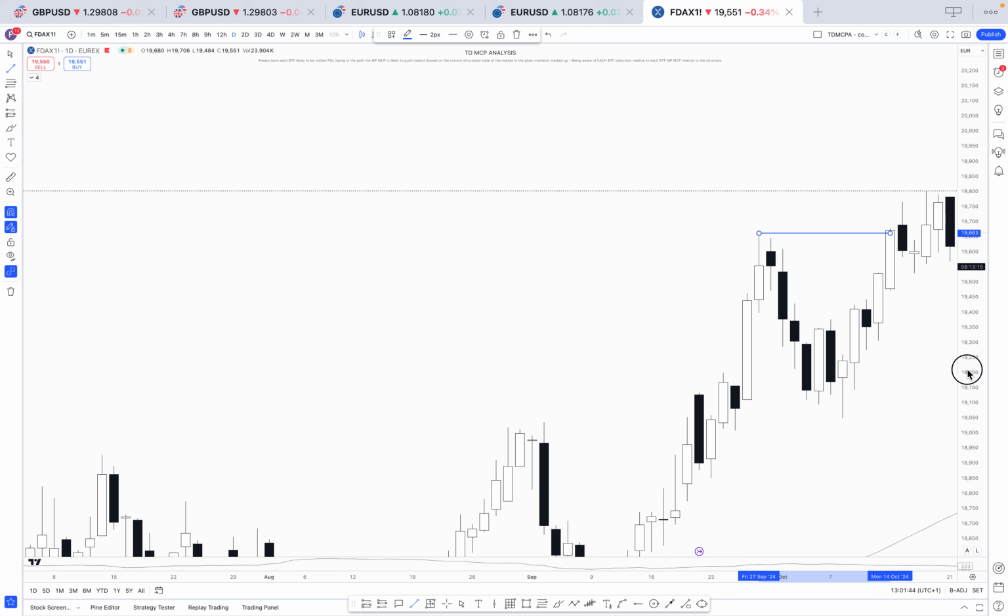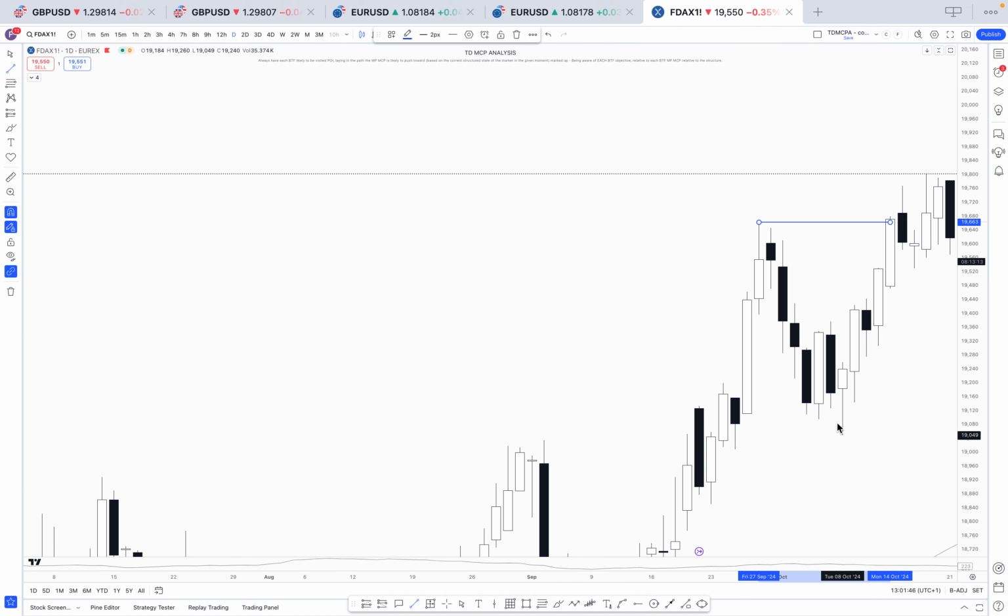We'll see that the current at hand push in play was from this low. Remember, this is all based on my experience and my opinion. I'm not saying whatever I say is the right way or the right thing. No. So this is the at hand push that's currently in play, and this would obviously be the previous at hand push.